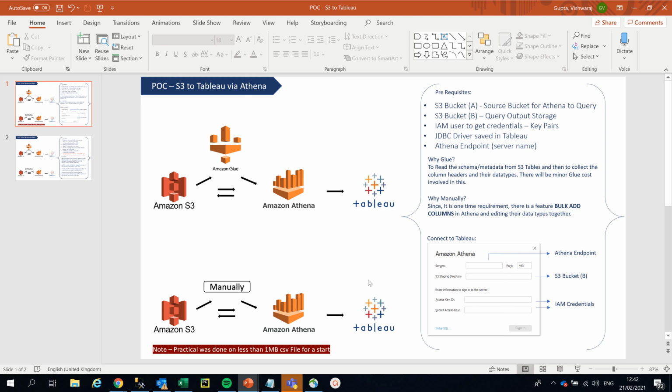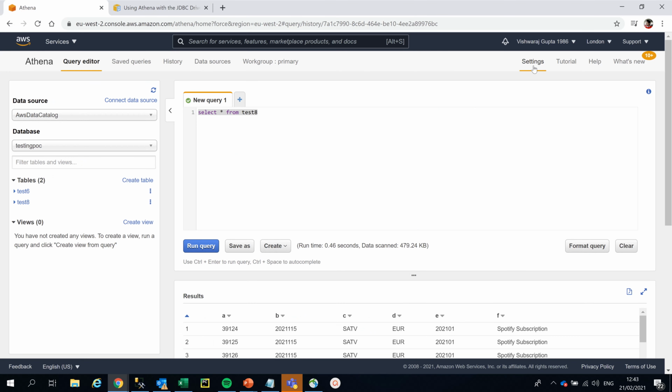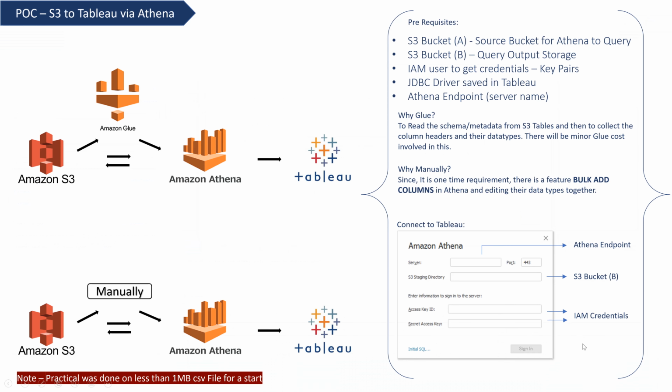The server was the same Athena endpoint, which was athena.yourregionname.amazonaws.com. Your S3 staging directory is the output storage, which I had shown you. I can show you again. It is mentioned here, the output query. Guys, then the access key ID and secret access key. Once you create your IAM user role, you can access your key and secret access key.